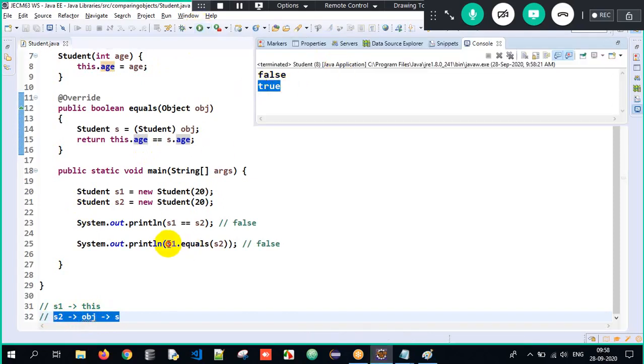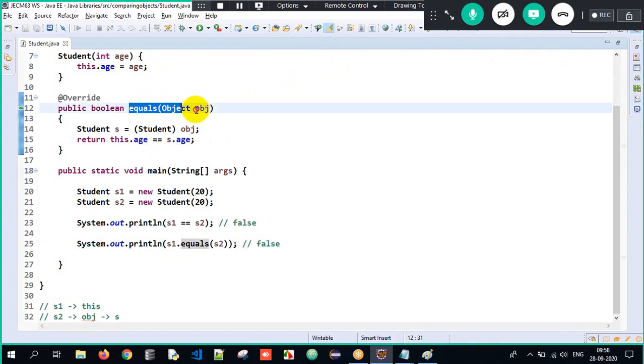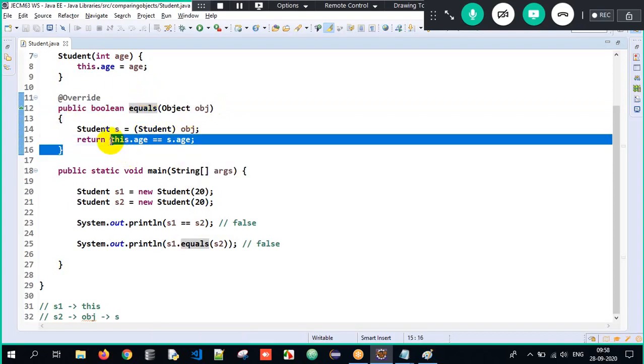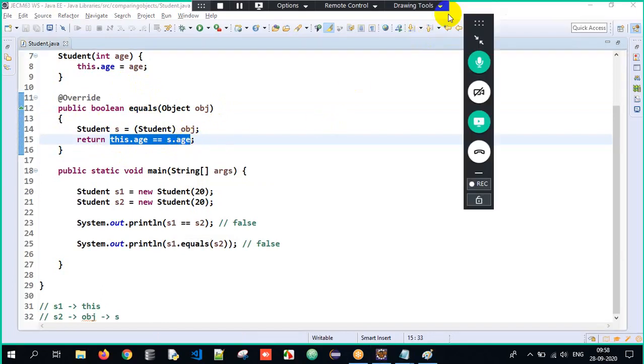Why? Because the equals method's default implementation was to compare the addresses or the hash code. But now I have overridden the equals method in such a way that it will not compare the addresses or the hash code; rather, it will compare the content of both the objects. I have overridden the equals method in order to compare the content of the two students, that is, their respective age here.